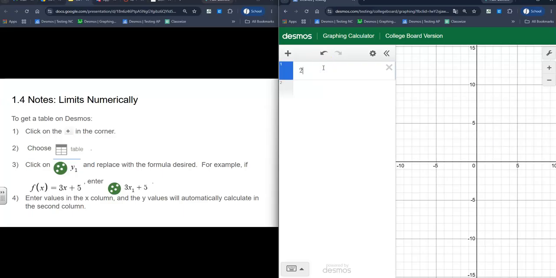I mean, you guys should be able to do that so easily that this is not an advantage, but it does graph you a line at 1, so 1's the answer to that. I didn't realize it did that. Okay, I don't really know what the major differences between College Board and regular Desmos are then. I should go look that up to see, but for the most part they're the same, but I would use this one. So if you want to do a table in Desmos,